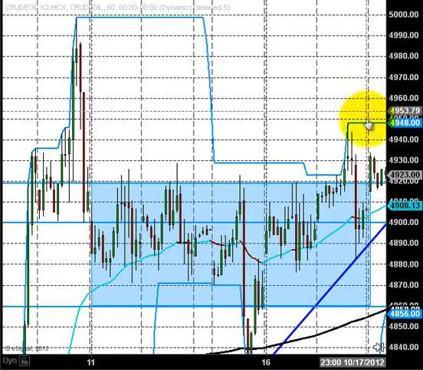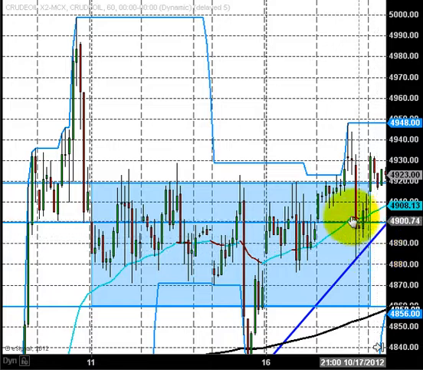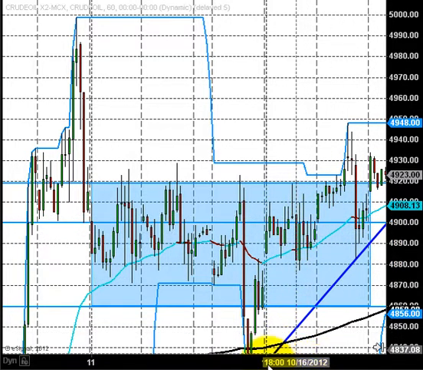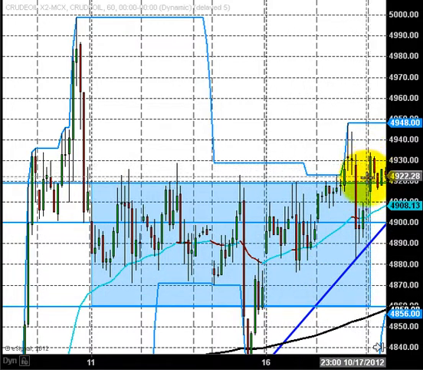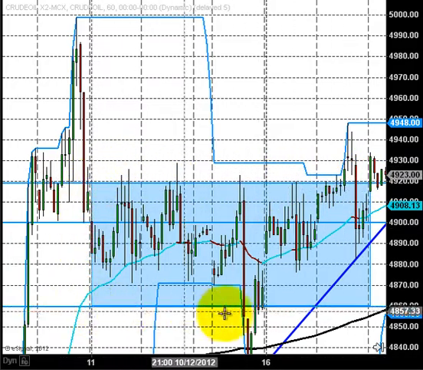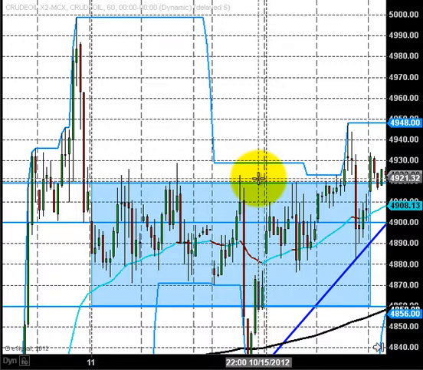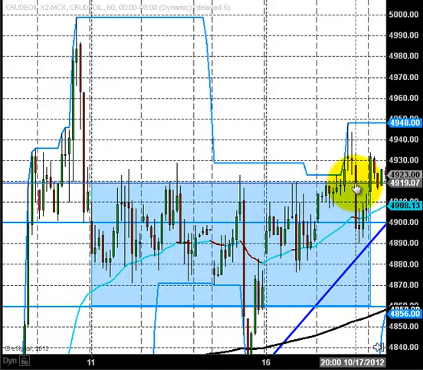So this vertical dotted line indicates yesterday's market price opening. Whenever I place the cursor on a particular candlestick, you can see the date and time below. This is the price opening, and what we expected was that we were targeting this zone. We had marked this rectangle zone. This is the sideways consolidation zone. Till this 4860, we expected crude to continue its buying, and we had explained clearly why we are expecting